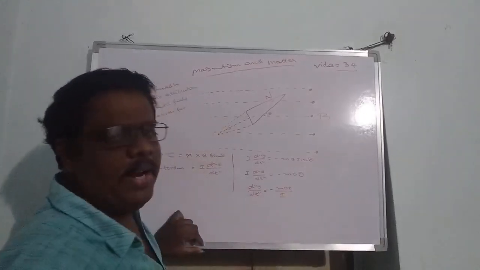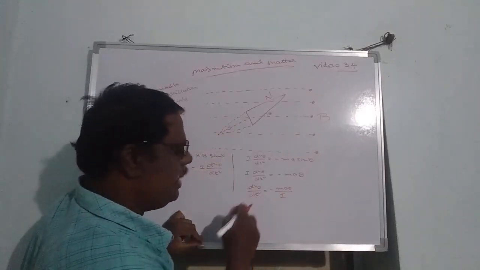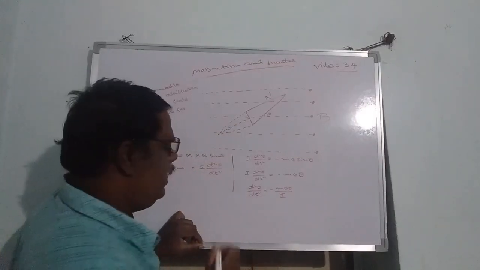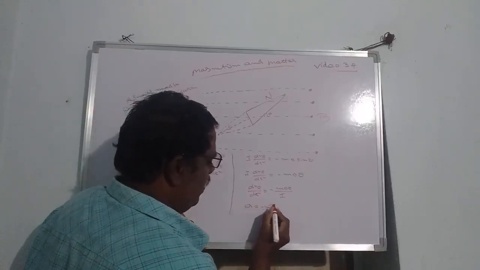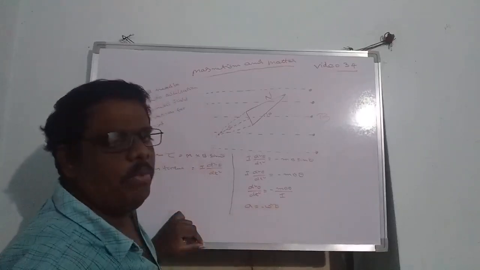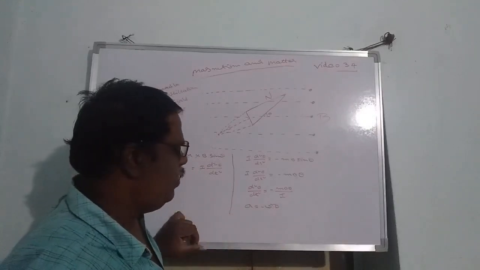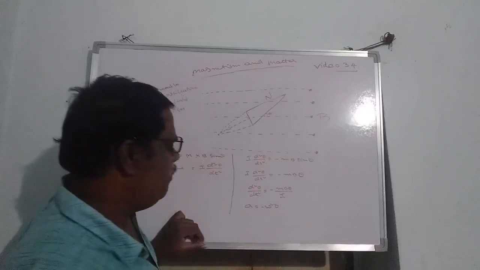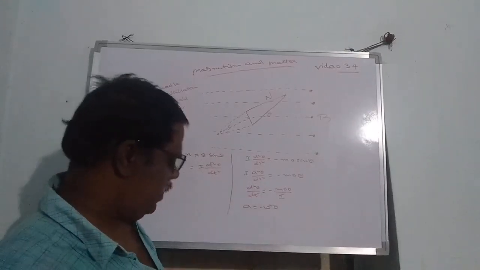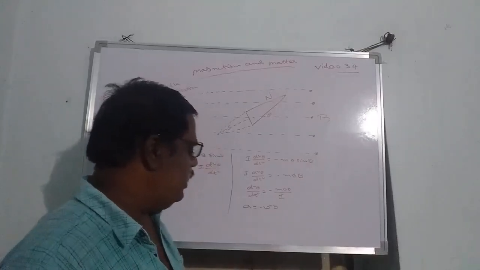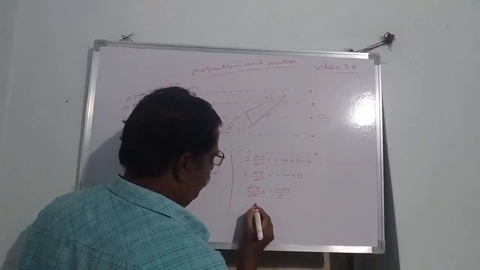But from the fundamentals of simple harmonic motion, d square theta by dt square is the formula for acceleration. That means the acceleration formula is a is equal to minus omega square theta. In case of SHM, acceleration is equal to minus omega square theta. So we should substitute minus omega square theta for d square theta by dt square. So write here minus omega square theta.